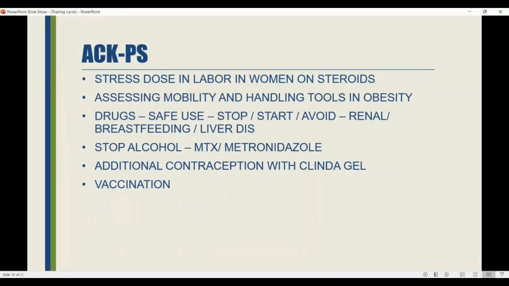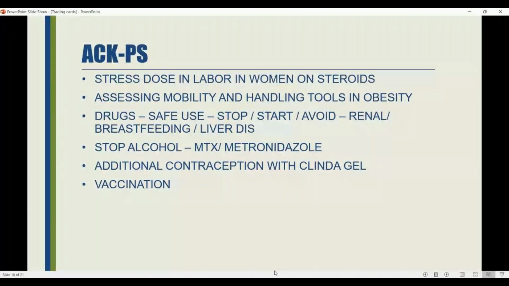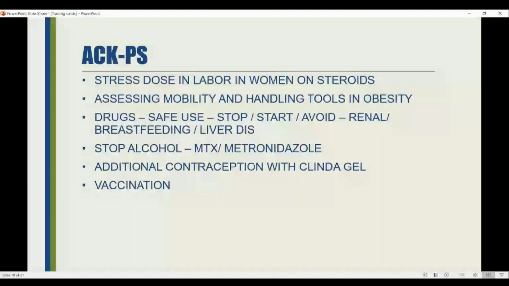And suppose a woman is on steroids, and we know that if she is on more than 7.5 milligram prednisolone for more than 2 months in the pregnancy, or around the labor, you will be offering her the stress dose of steroid, that's the hydrocortisone dose. So if you are not saying this, you're not a safe doctor. You have to offer a stress dose of steroid in labor, and for 12 to 24 hours, and then assessing